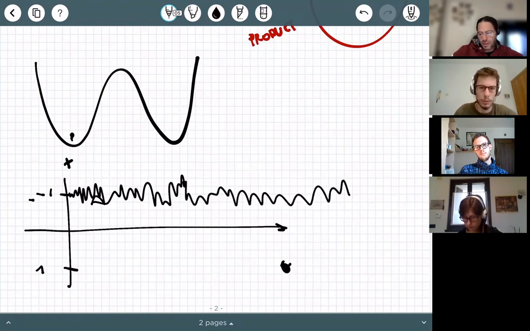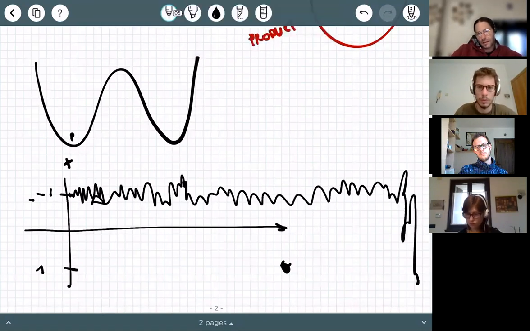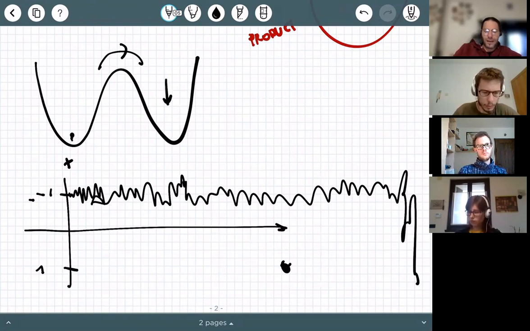And only extremely much later, I perform a transition to the other side. Okay? Because this transition is rare. Now, if I were to measure any observable, suppose I didn't know that there is another side, another basin here, because when you do simulation, you don't know whether you have explored the entire configuration space. Of course, you know if you have a one-dimensional plot, but if you have a 10 million dimensional plot, you cannot, right? All you know is that you measure the observable for a certain amount of time.